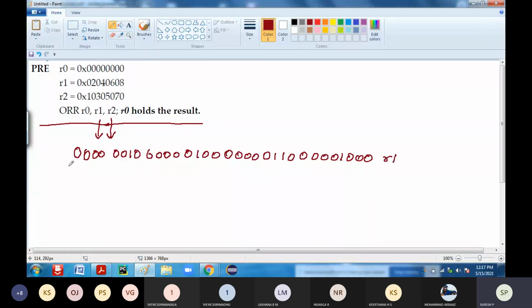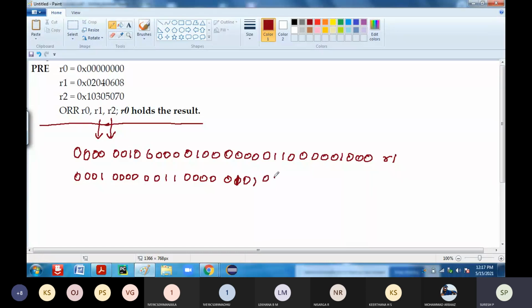Now the contents of R2 will be 0001. Next again 0. Next it is 3, that is 0011. Next 0000. Next again 5, 0101.